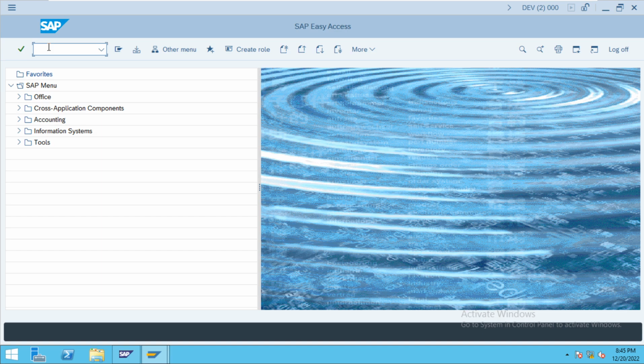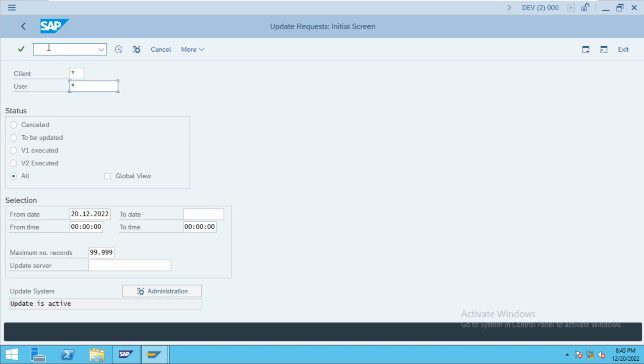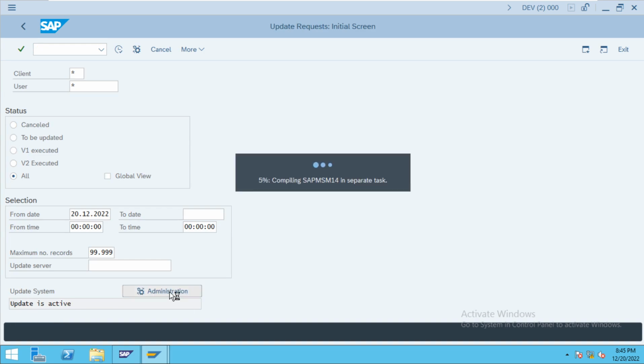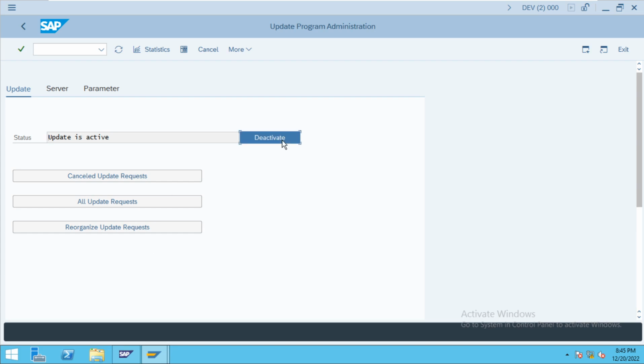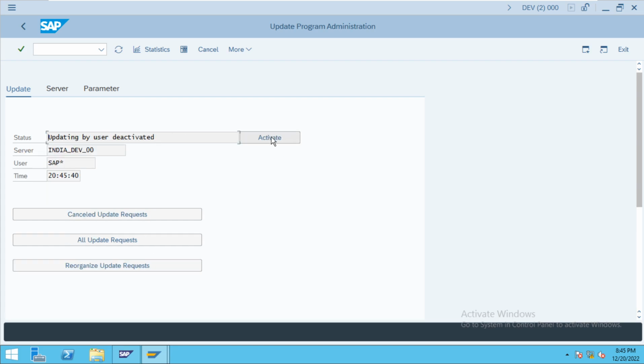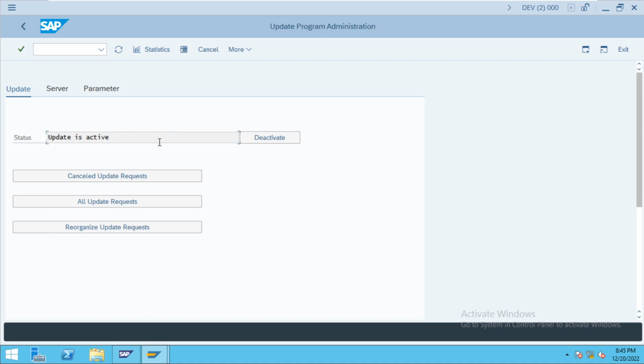So there should be no more than 10 updates pending or in processing, and there should be no updates cancelled. First of all, what do you check in SM13? Whether your update is active or inactive. If this update is inactive, then simply go to administration and say active. Now it is deactivated. Now say active. If it is active, fine. If it is deactivated,